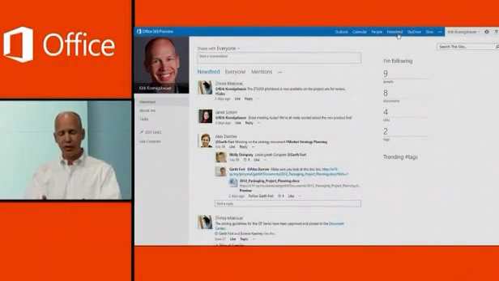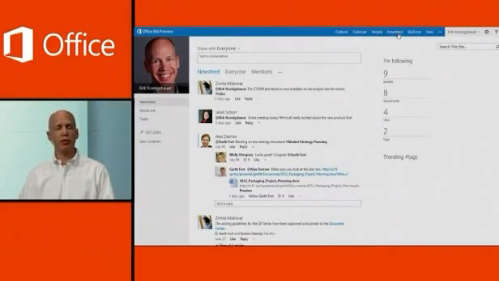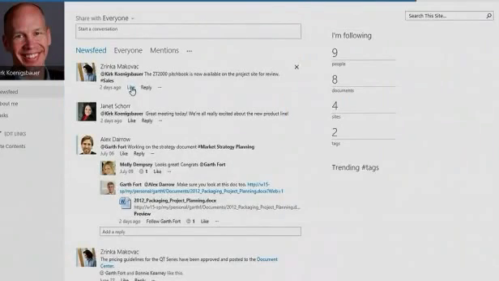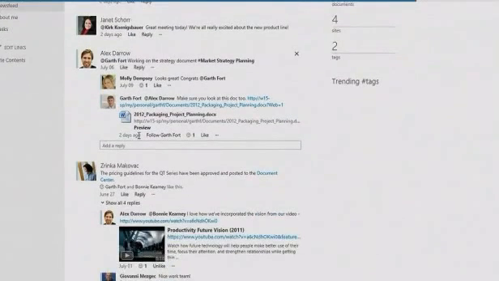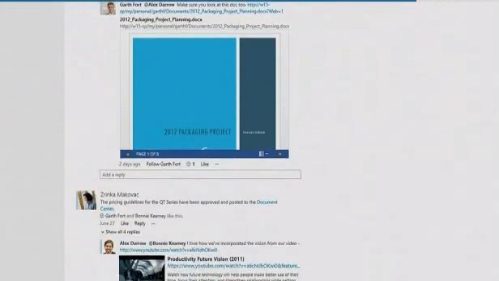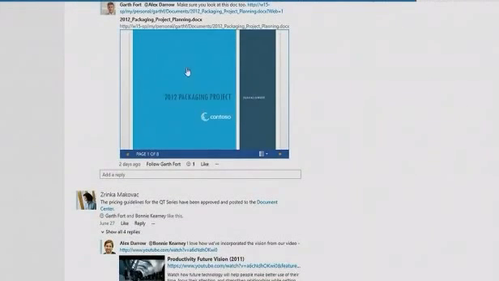Now, you see in the center of the screen a news feed or an activity feed. And this has all the kinds of social networking capabilities that you would come to expect. The ability to do things like replies. As I go through here, you can see these microblogging threaded discussions that are here. I can insert links. You can see there's a document that's been posted. I can preview that right in line. So without leaving the context of SharePoint, I can say, hey, is this a document maybe I want to go